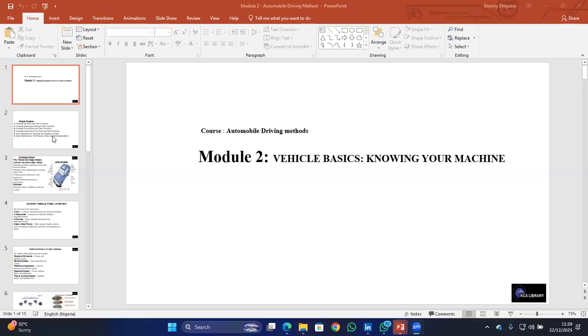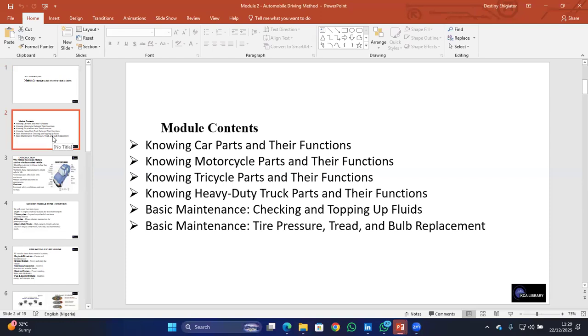Good day all. Welcome to Module 2, which is Vehicle Basics: Knowing Your Machine. In this module, we'll be looking at knowing car parts and their functions, knowing motorcycle parts and their functions, knowing tricycle parts and their functions, knowing heavy-duty truck parts and their functions. We'll be learning basic maintenance, checking and topping up your fluids. We'll also be learning basic maintenance: tire pressure, tread, and bulb replacement. And by way of introduction,